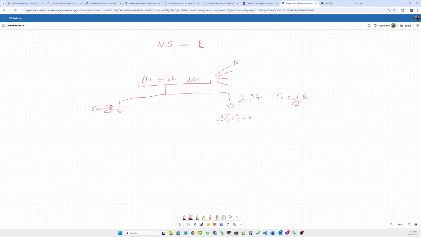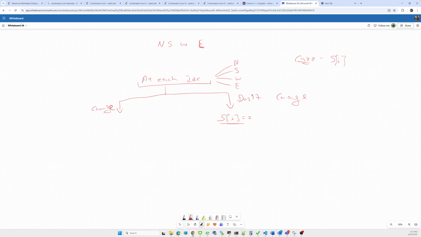Either we can go north, south, west, or east. These are all the four possibilities. Let's say our current direction will be s of i. From the current direction we'll move in the four next directions.